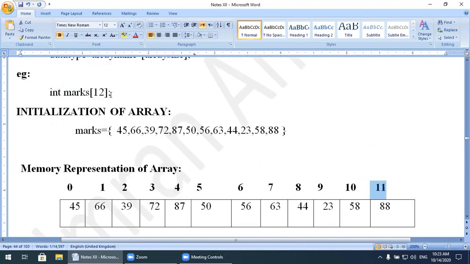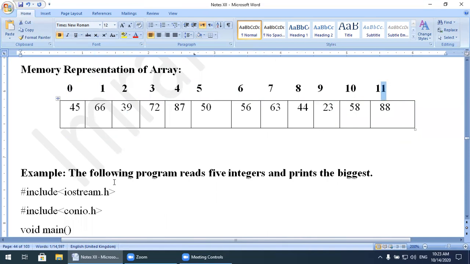Watch here, I told you it has 12 elements. We make the array name marks with 12 elements. If it starts from 0, then 1, 2, 3, up to less than 12. So this is called the index number.